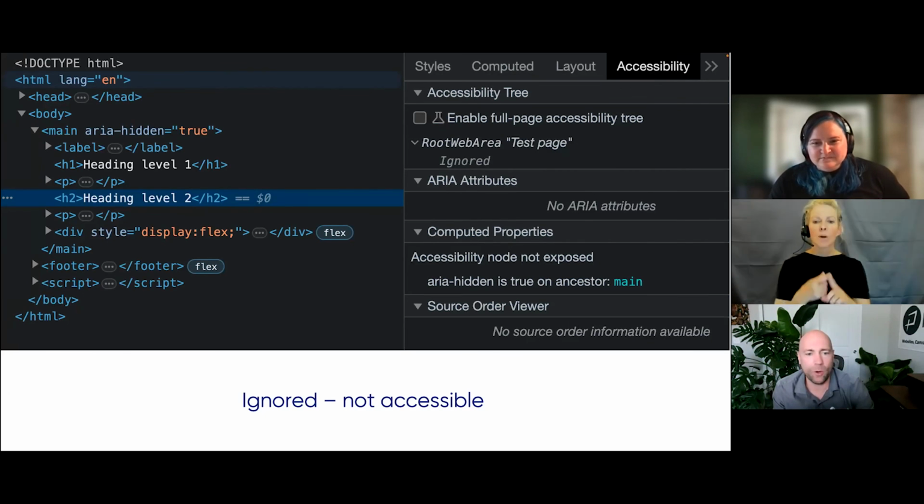From David: I've been struggling to make the label to input connections when the input is contained in a web component because the ID doesn't cross the boundary of the shadow DOM. My solution thus far has been to use ARIA label on the input and to add visual only label for screens. Would that pass your code review, or is there a better solution? Really good question.